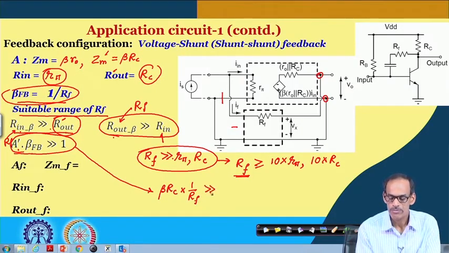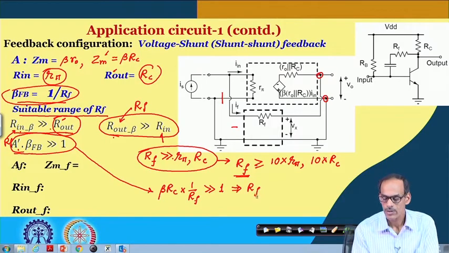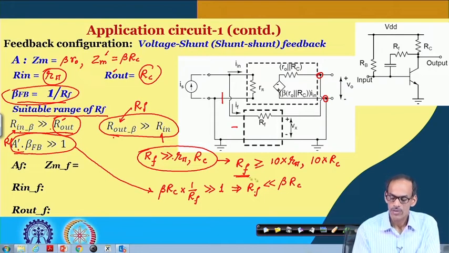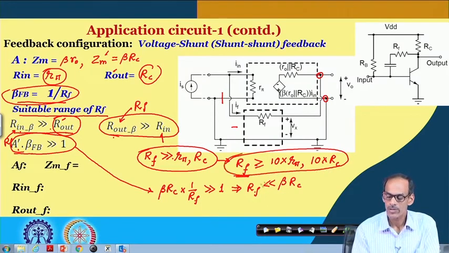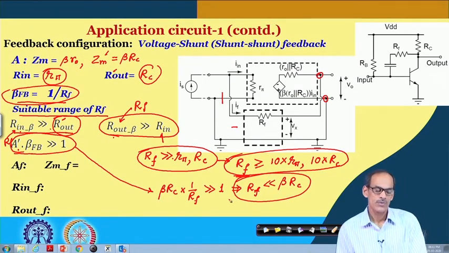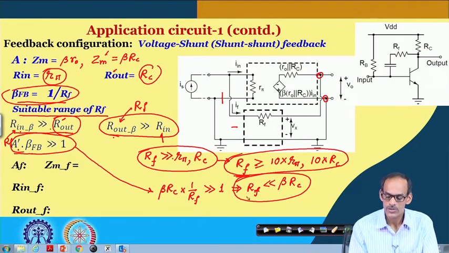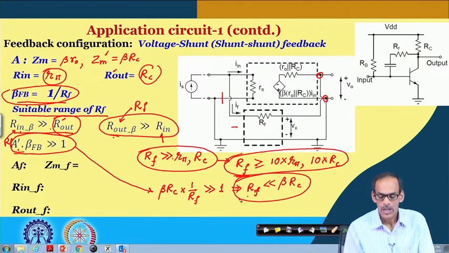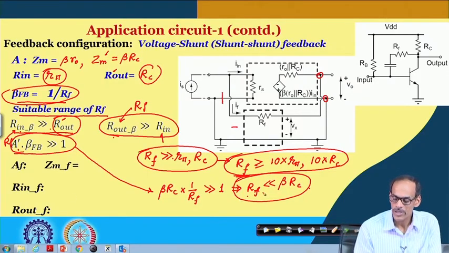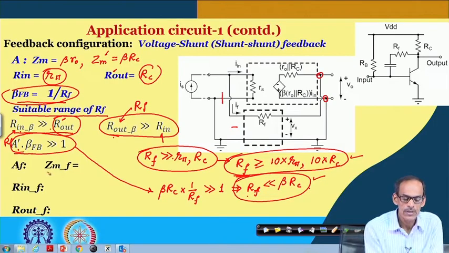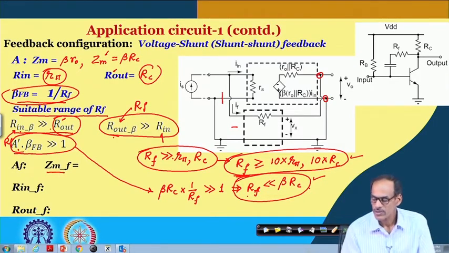We want this to be much higher than 1, and R f should be much lower than beta into R c. So, if I combine this lower limit and upper limit of R f to really make this feedback system effective, we can get a suitable range of R f. And once you make sure that both these conditions are satisfied, then we can say ZMF